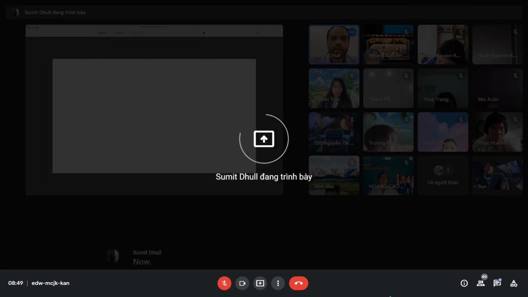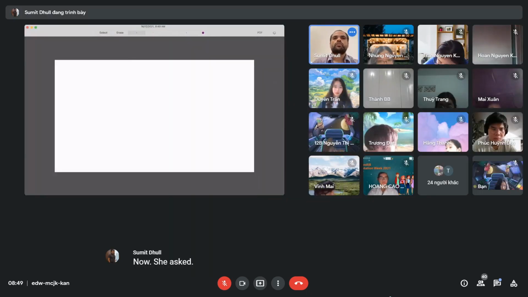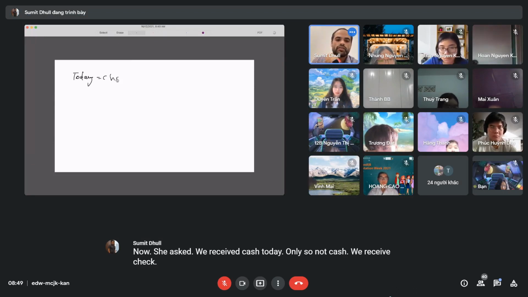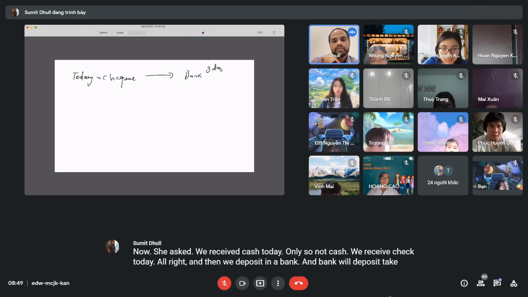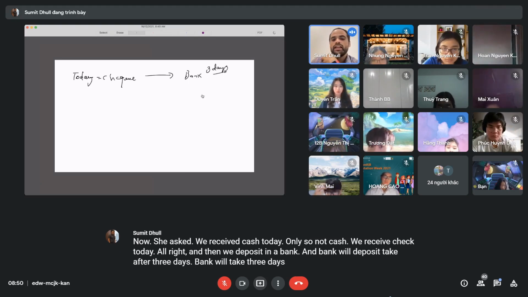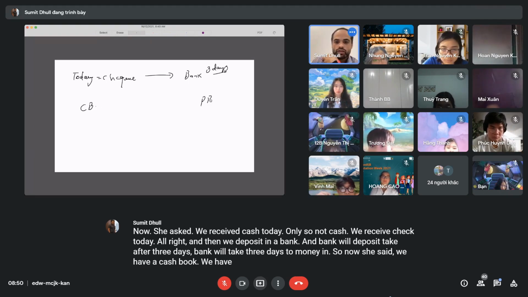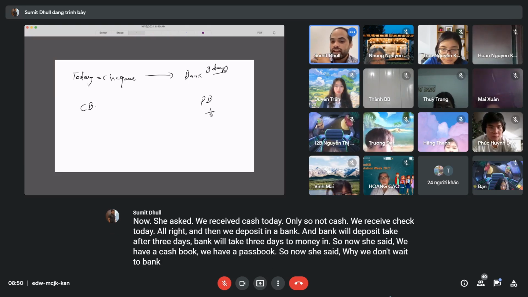Now, she asked, we receive cash today. Not cash. We receive a check today. All right. And then we deposit it in a bank. And the bank will take 3 days to put the money in. So now she said, we have a cash book. We have a passbook. So now she said, why don't we wait for the bank to receive it, and then we will record it,